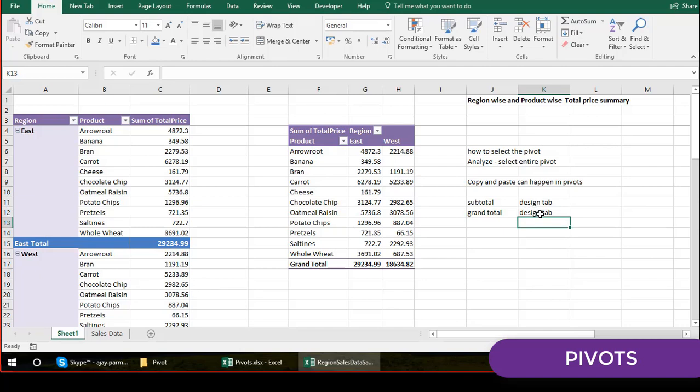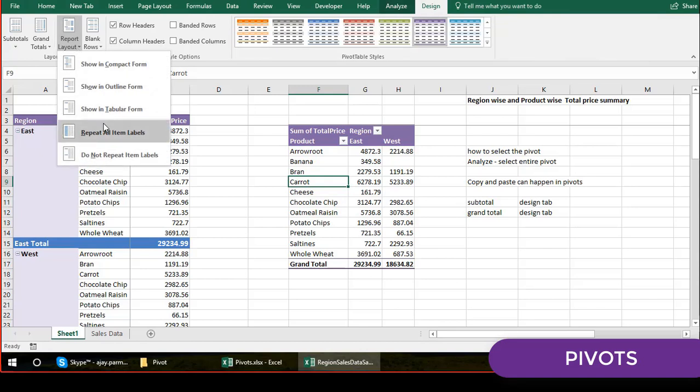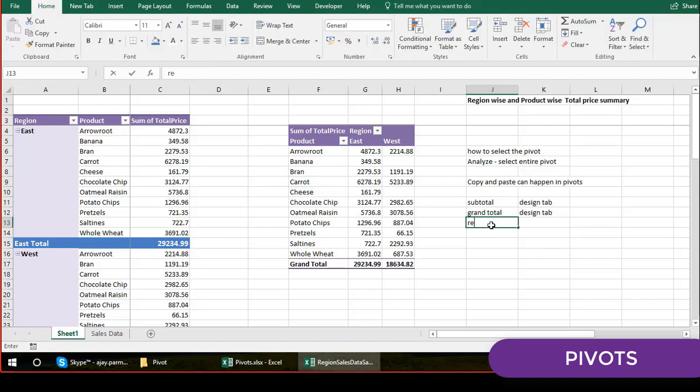One important thing, you also saw that it is so important for us to change the layout to tabular form. Again, you have the report layout, and then the tabular form. We don't use the other types generally, but you can give it a try. I find them useless. So this again is available in the design tab.